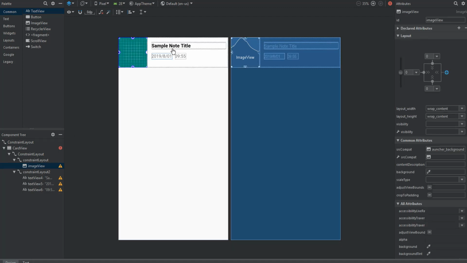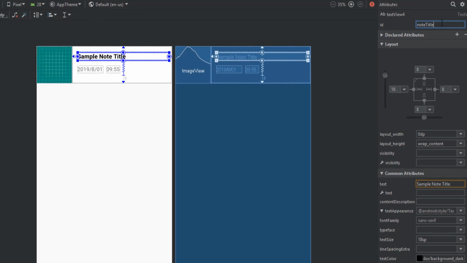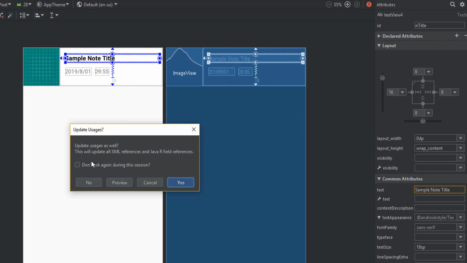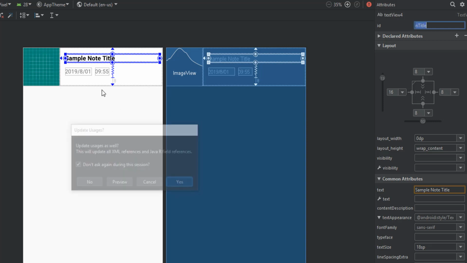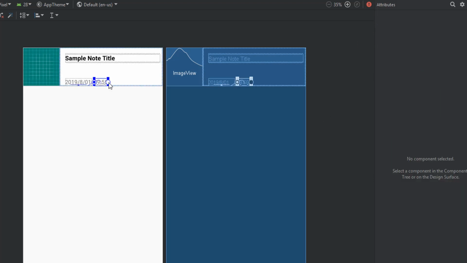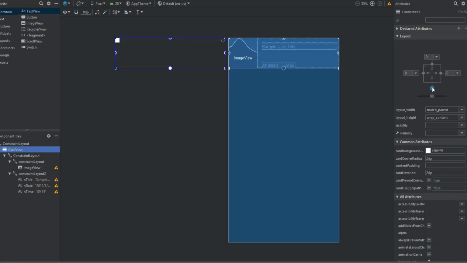So let me set the right ID for this. So this is note title, I'll just call it end title. This one is end date, and this one is end time. Okay, I'll set the constant for the card view as well,